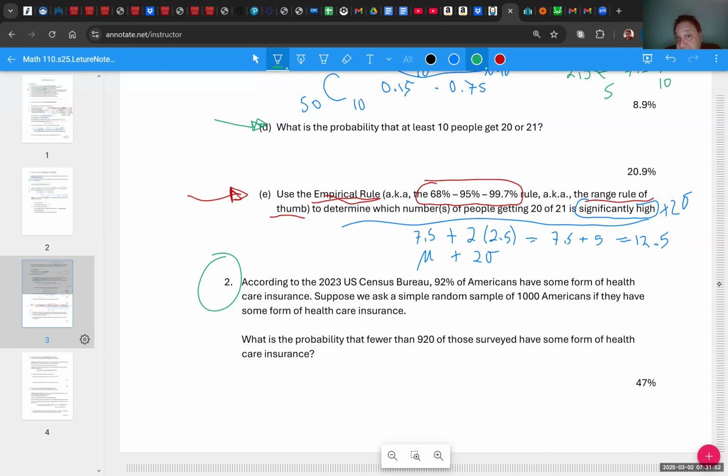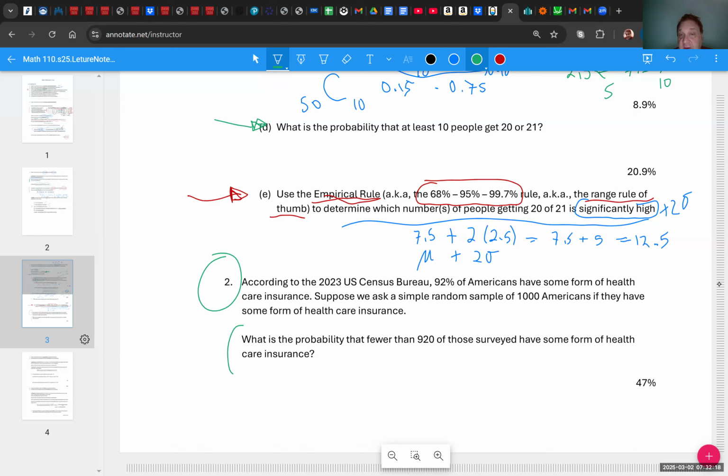Now we know that 92%, at least according to the US Census Bureau, of Americans do have some form of health care insurance. So when we ask 1,000 people, we'd expect most of them to say yes, right? We'd expect around 92% of them to say yes. So our question is, what is the probability that fewer than 920 of those surveyed have some form of health